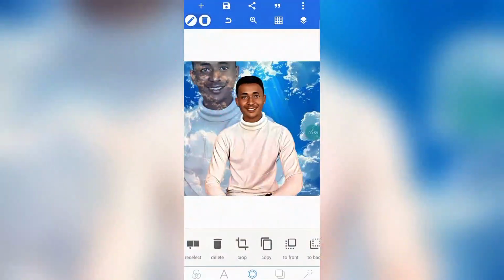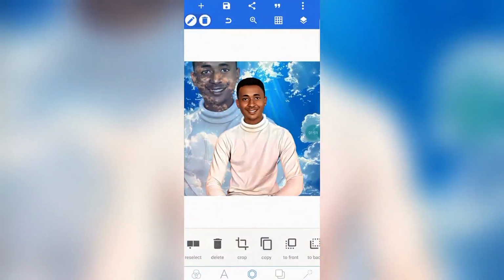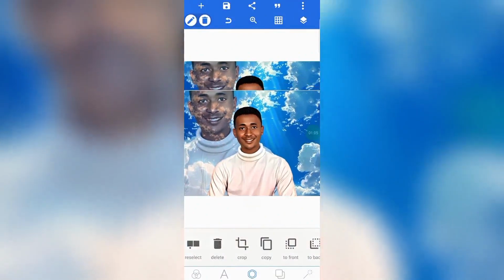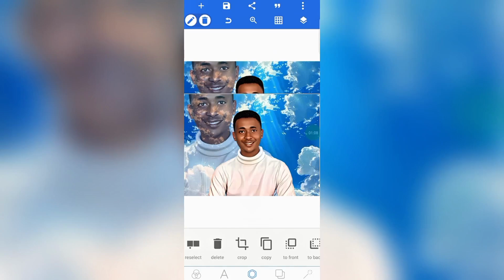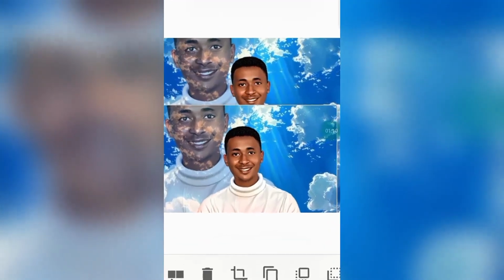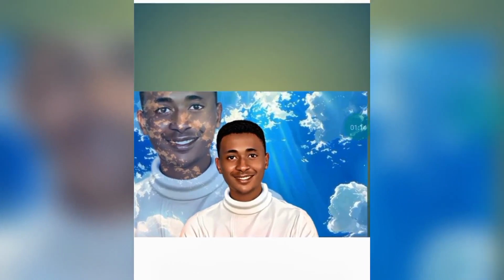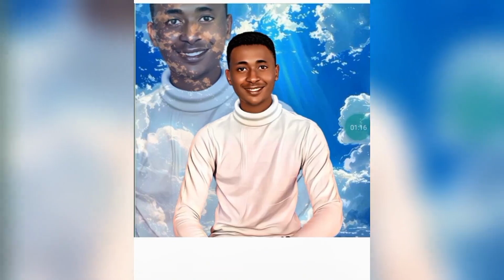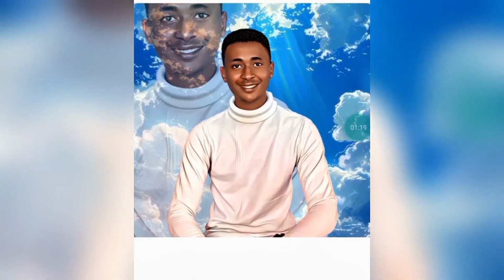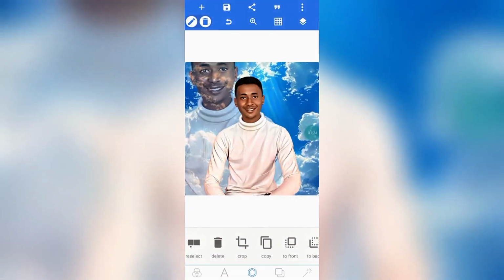I would like you to duplicate it, because whenever you stretch an image on your Pixel Lab, it reduces the quality, and the only way you can retain the quality is by duplicating it. Hope you can see the one in front is sharper than the one behind, so delete the one behind. Now this one is perfect. Beautiful. Now you can save it